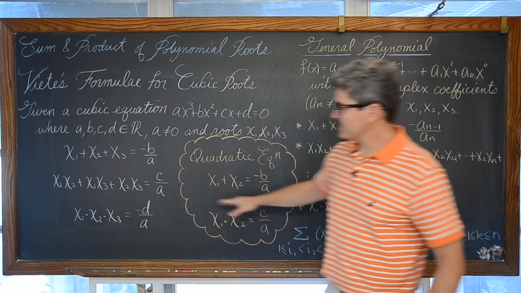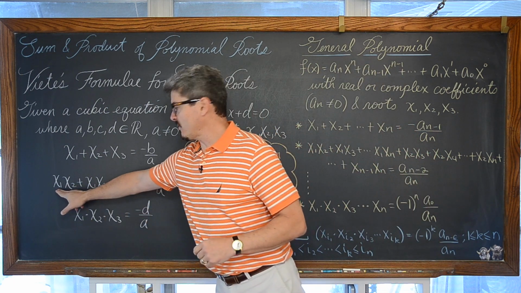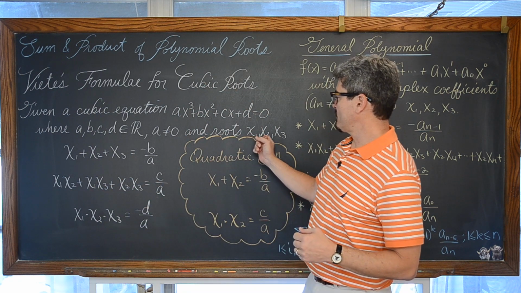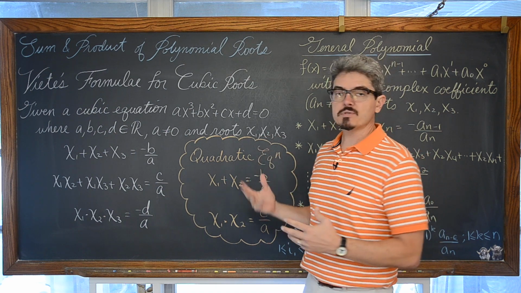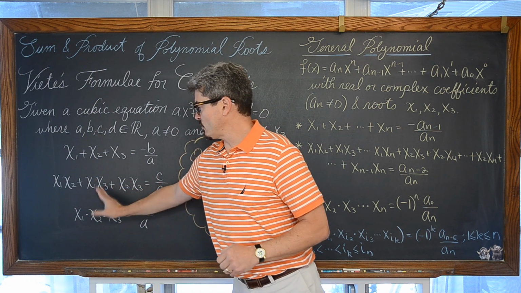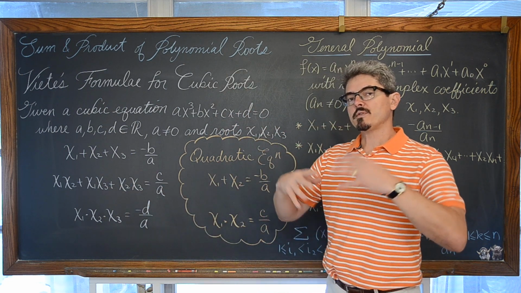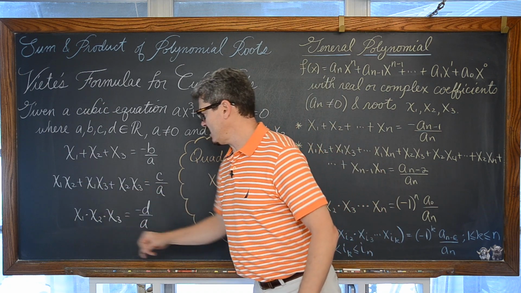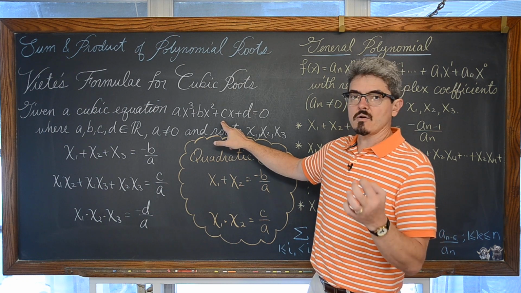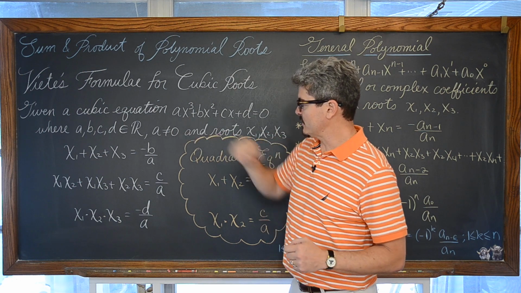coefficient. Now this formula here that we don't appear to have with a quadratic is the product of x sub 1 times x sub 2. Again, these subscripts, x sub 1, x sub 2, x sub 3, are the roots of our polynomial. If we multiply x sub 1 times x sub 2, plus x sub 1 times x sub 3, plus x sub 2 times x sub 3, well then that sort of combination of product and sum is equal to c over a. And with our cubic function, c is our third coefficient divided by our leading coefficient of a.